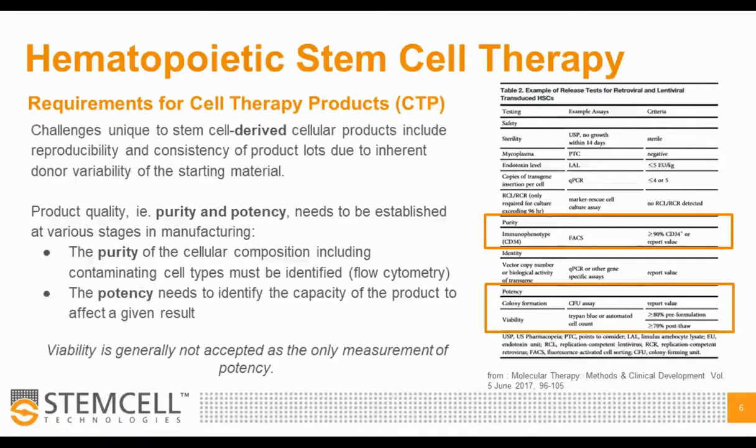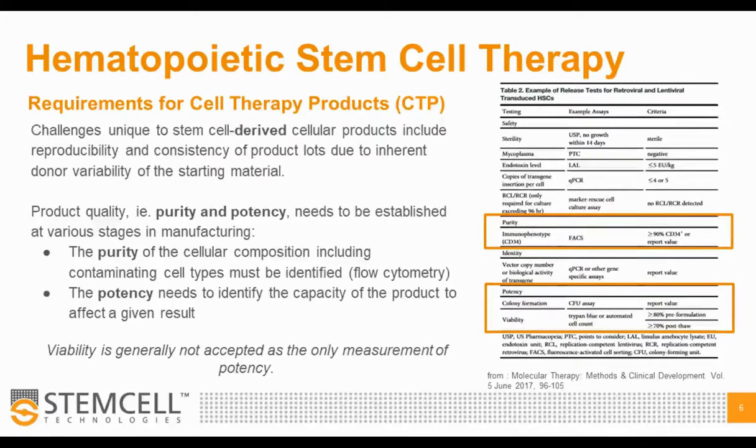When it comes to some stem cell therapy products, one has to recognize that there are requirements for these products. When it was fresh bone marrow, these requirements were not historically required because everything was done fresh. But now that things like mobilized peripheral blood and cord blood have entered this arena, we have to recognize that these cells are somewhat processed. Red blood cells are often removed, and in some cases, these cells can be manipulated and changed with the new therapies. So we really have to look at stem cell-derived cellular products and ensure